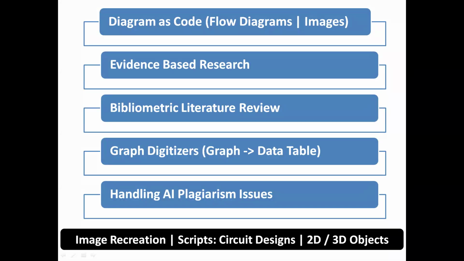Only graphs are plotted in high quality, top quality journals, IEEE, ACM, you might have seen, with the research methodology directly graphs are given. So if we want to convert that graph into data table format, that also we can do with AI digitizers, graph digitizers. If that data table from some graph we want to take as a data set,